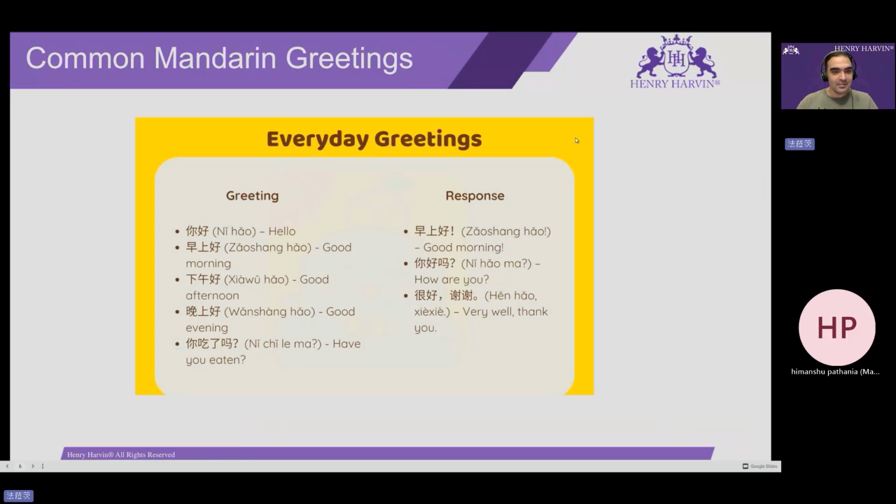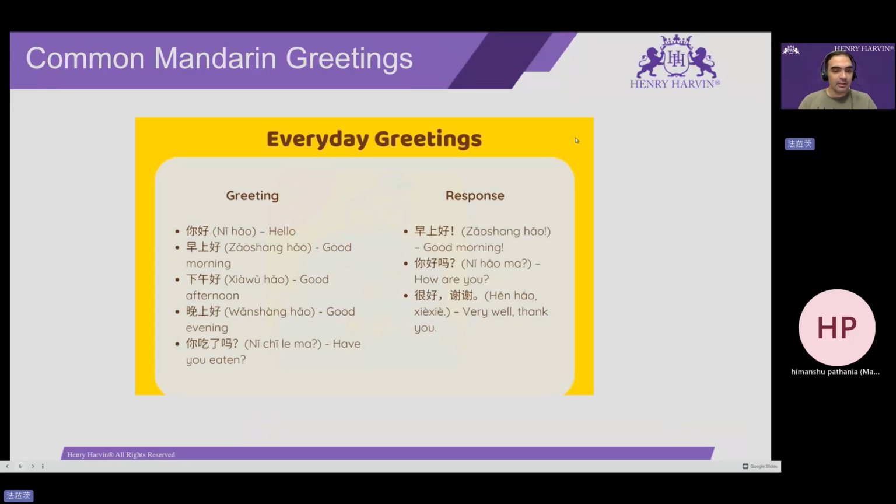So the next one, 早上好. 早 means early, or it denotes early morning. And as we already know, 好 means good. And shang means someone or something that is upward. And 下午好, 下午 generally means afternoon, and 好 in the end joins as a part of the greeting for this word as well. And 晚上好, 晚上 here means night, and again a form of greeting is added to the end of it.